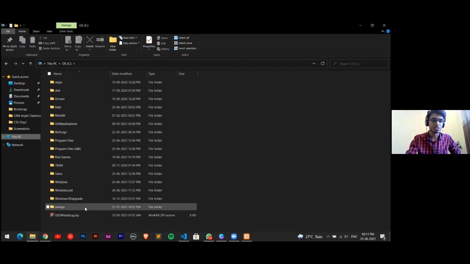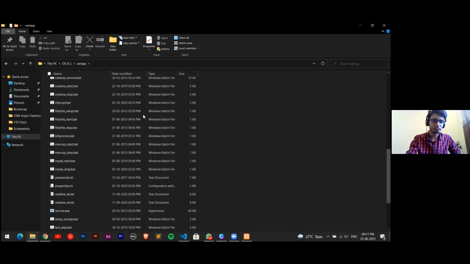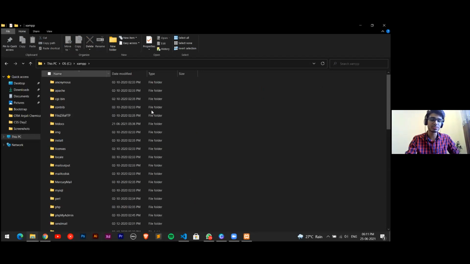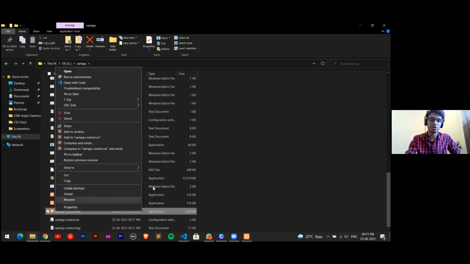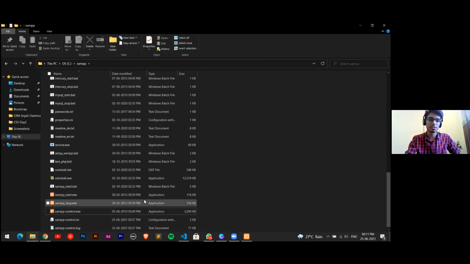Go into this folder and scroll down. At the last you will see XAMPP-control.exe. You can open this file or make a shortcut on the desktop by right clicking it, creating a shortcut and moving it to the desktop. So this is the application, or set of files, which we'll be using.